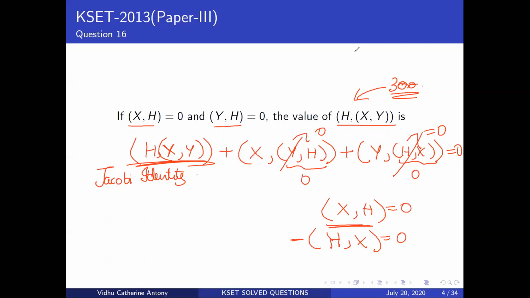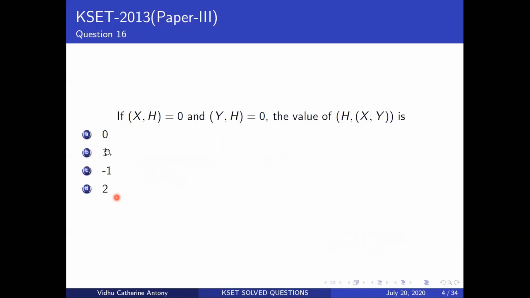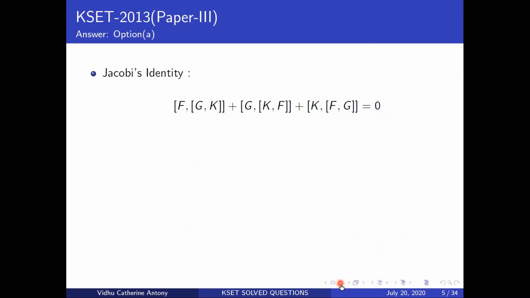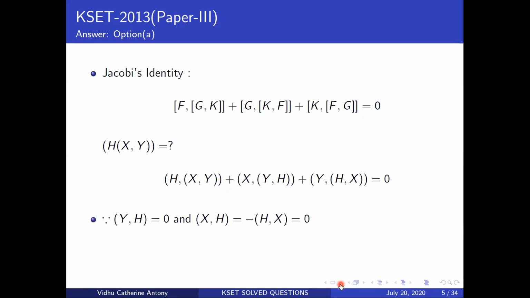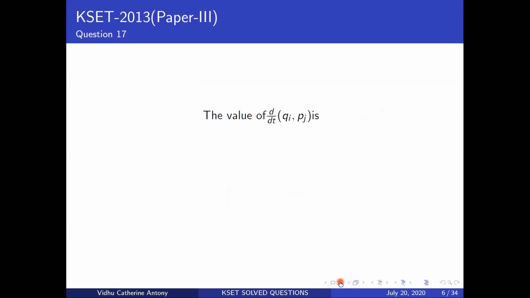So let's look at this. What are the values? They've given so many options. So you realize it's the first option. This is called your Jacobi identity. This is how it's usually denoted. The Poisson brackets are usually denoted like this, but here in this question, it's given like this. These are the same thing as the Jacobi identity, and then you substitute this and you get a 0. So this also is a Poisson bracket. Be a little careful. In the question, they really did not give this comma in between.